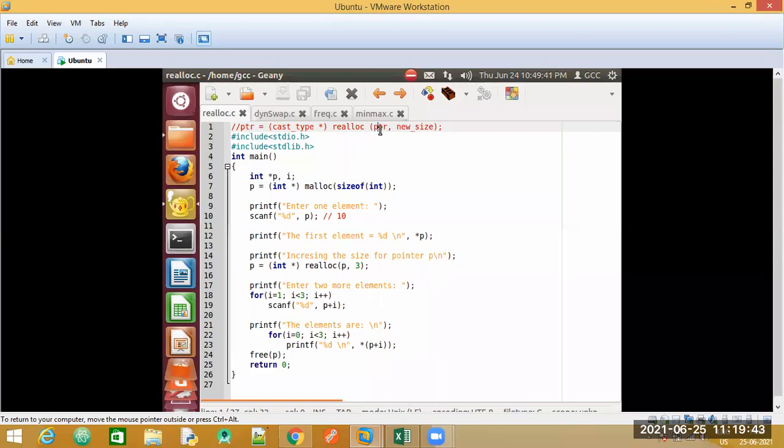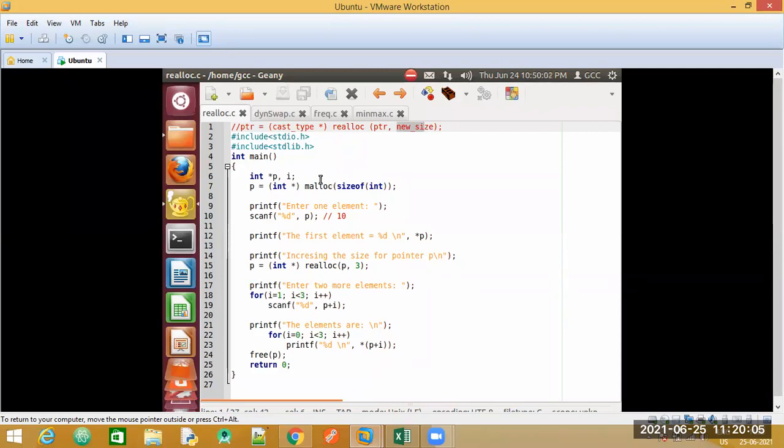Then we pass the pointer variable which was previously pointing. With the example you will understand it. Then we give the new size that we require for the newly allocated memory.